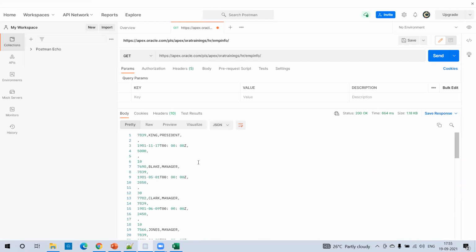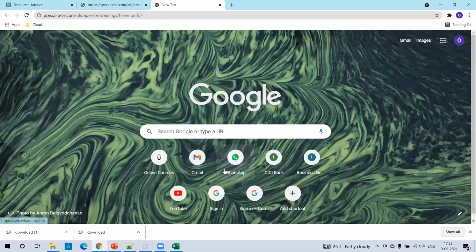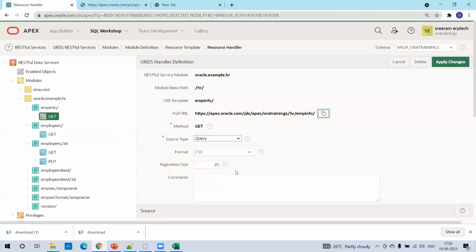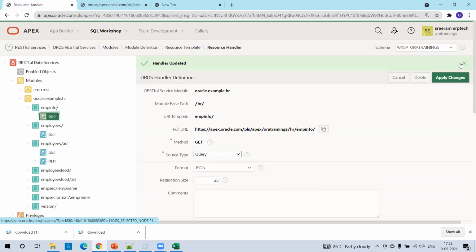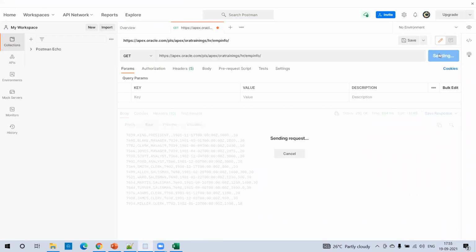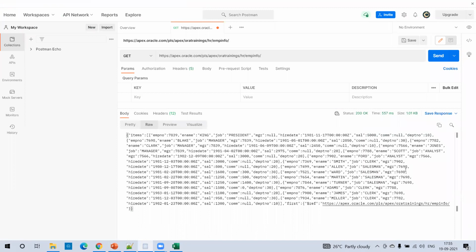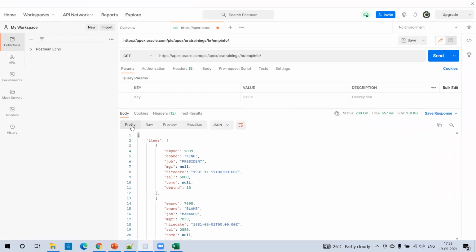You can try JSON. Just try pretty or raw. Okay, raw should be fine. It is CSV format, yeah, that's the reason, right? If it were JSON format, it would have been different. Let me try to get the data in the JSON format and see how it works. Okay, I'll click on pretty. Yeah, this is how the JSON format looks.